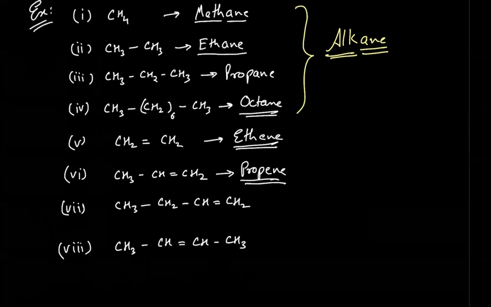Next, when we move ahead, there's something that we'll need to learn here, which is known as numbering of carbon atoms. Why do we need to understand it? We will see. So here you have one, two, three, four carbon atoms, but you have two different positions. See, in our previous case, no matter where you place the double bond, on the right hand side or on the left hand side, the compound looks the same. It has one double bond, one single bond, and the double bond is on the terminal or the corner carbon atom. So it does not matter where you place the double bond. Propene, there is only one way to make propene. If you know the name, you will always get only this structure.